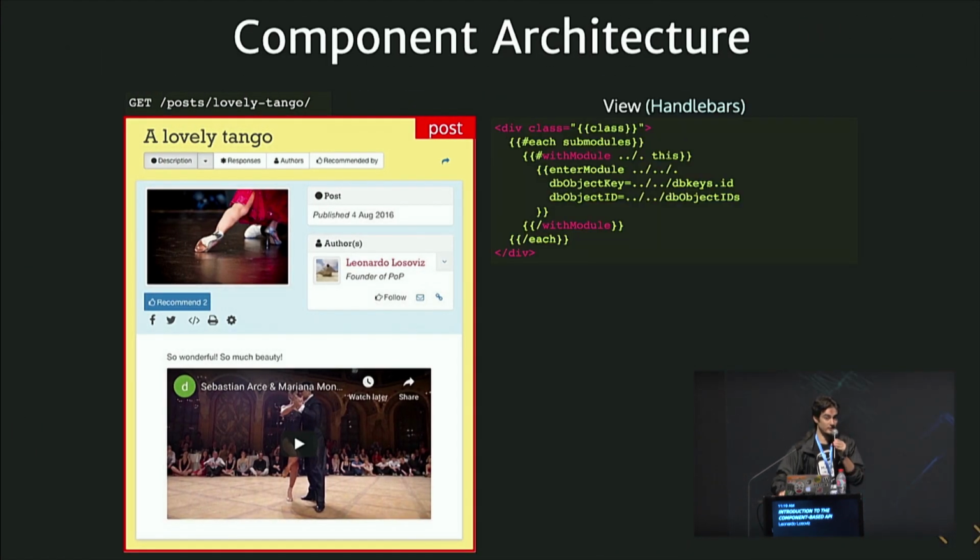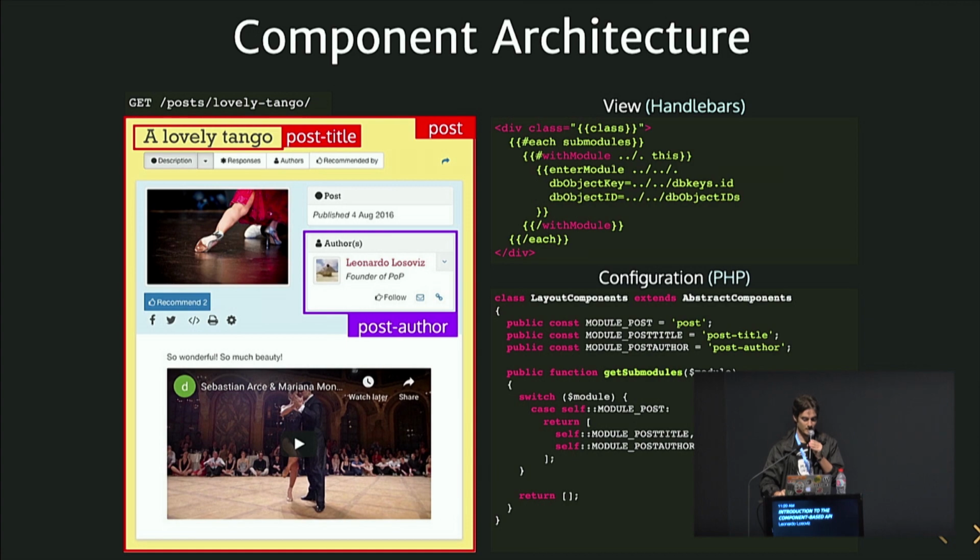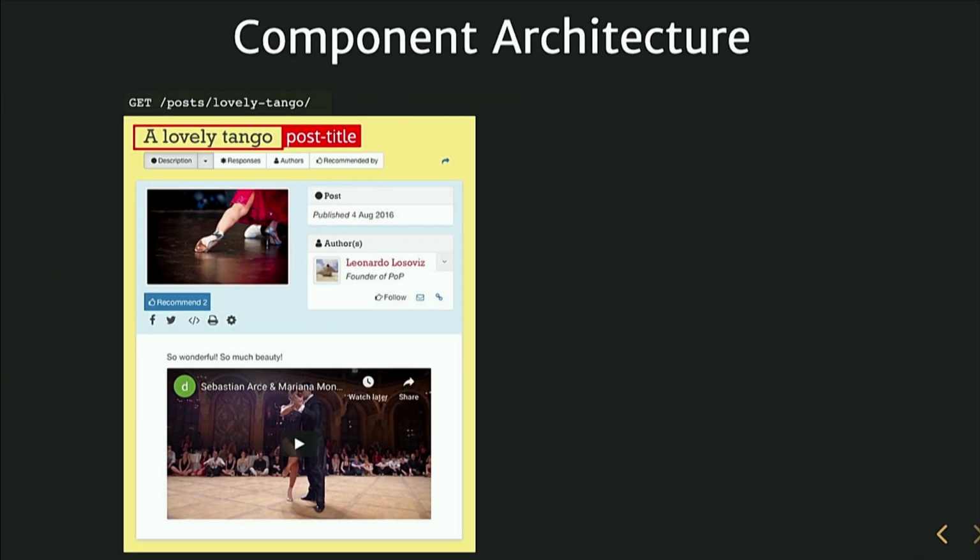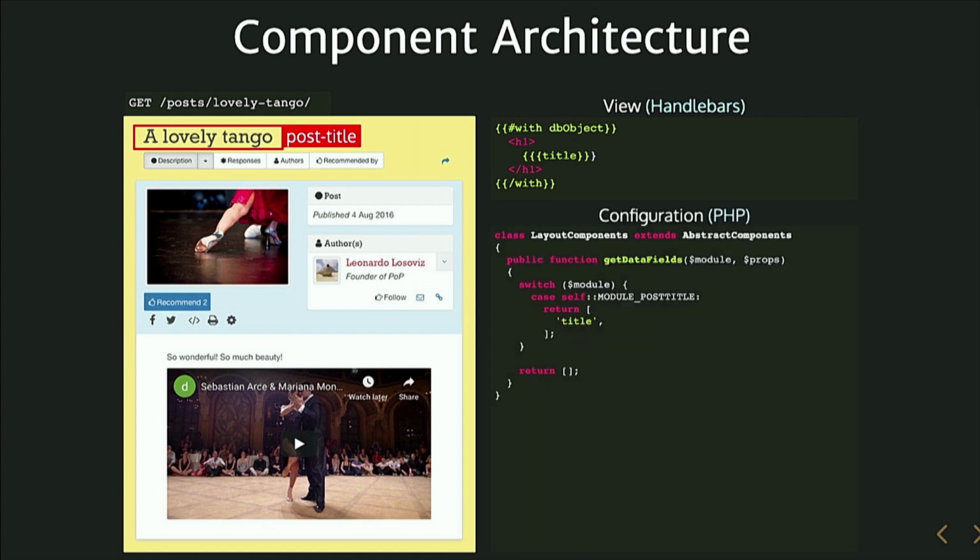How does this look on the front end? So we have the view for the outermost component, which is basically a simple few lines saying, okay, now inject this entity into the context, and then iterate over all my submodules or subcomponents, and for each of them, render yourself using this entity on your context. Okay? So when these subcomponents receive the data, in this case the title, it just prints itself. It has the object that has been loaded on its context, and it says, I want to show my